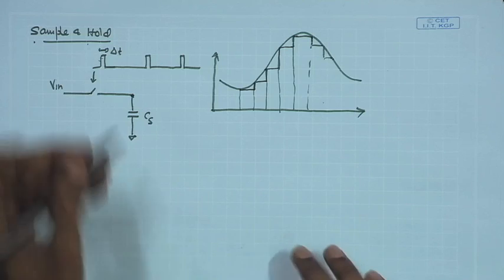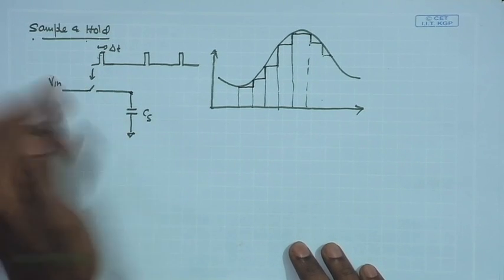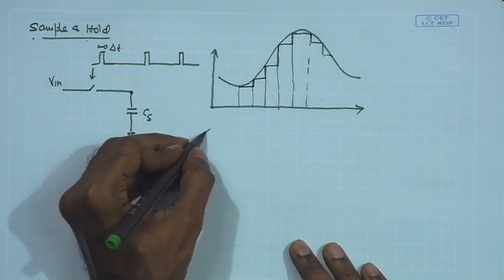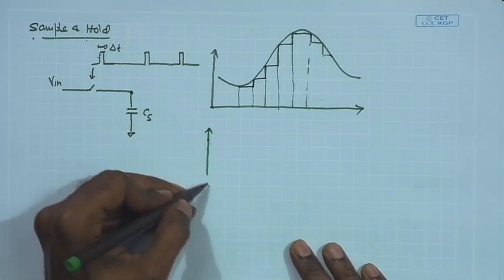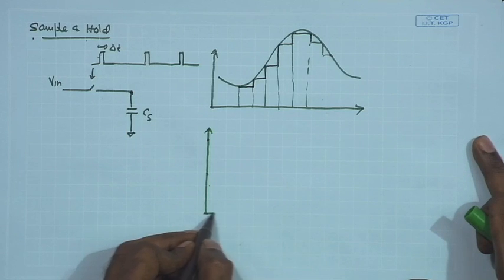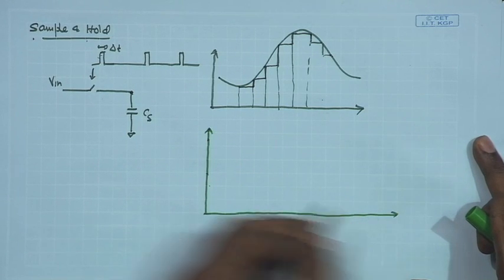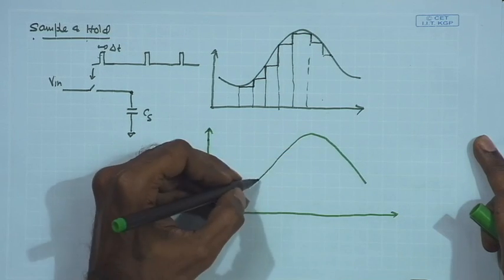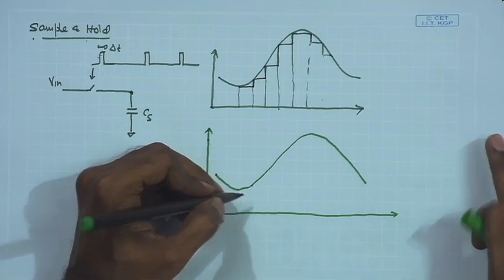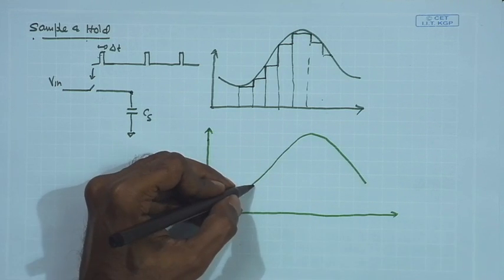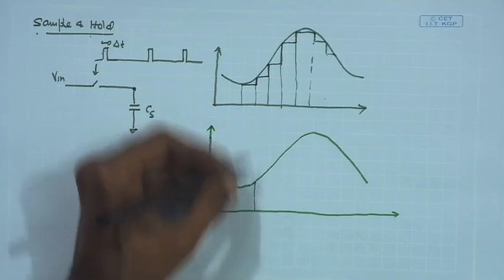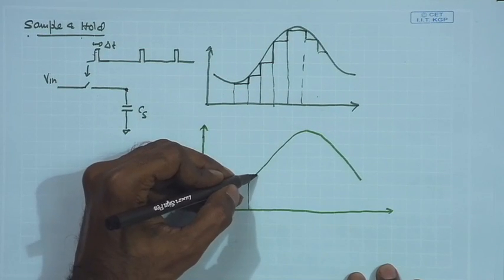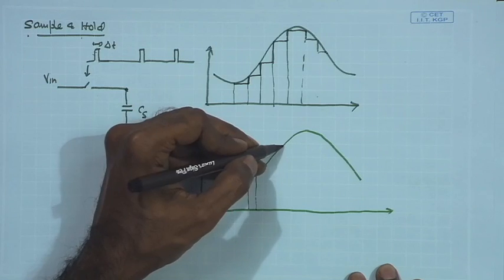Of course, in real time you will have an overall non-zero pulse width, and hence you may obtain a track and hold waveform whenever the switch is on. So, if I zoom out the waveform in the real scenario, if I look at the sampling pulses, they are going to be on for a finite duration. I am just zooming out the sampling pulses. So, I am not maintaining the scale between these two, assume that this is a different scale. So, the sampling pulse is on during this duration,